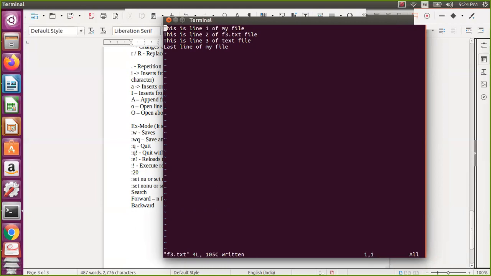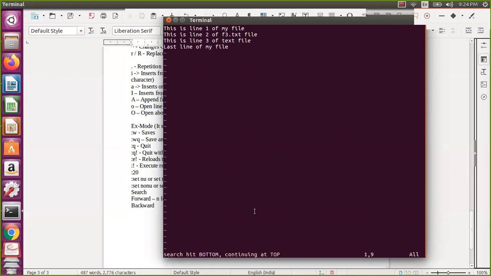Now let us assume I go here and do a forward search, I say forward slash and then a line. It will take me to that particular place. Now I am here. If I repeat this, your cursor position was here, but it will not take you to this one, it will take you to this position. I want the next occurrence, so I press small n, then n, and then n.